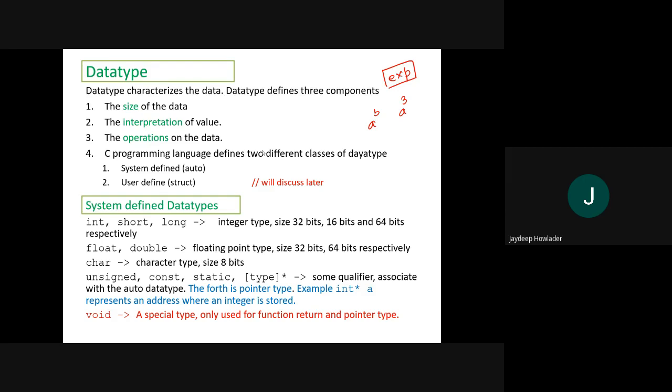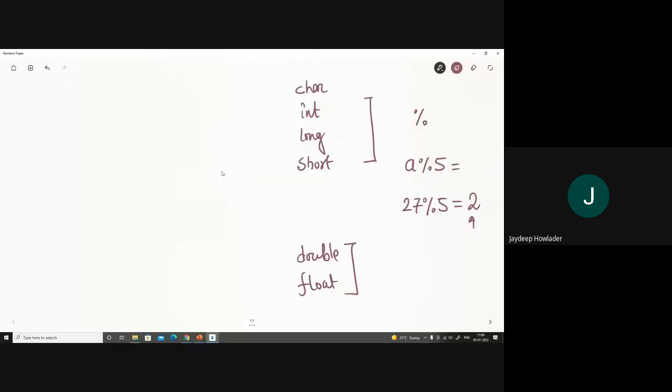Now, what data types are available in the C programming language? C defines system-defined data types, also called auto data types, such as integer and float. They are already defined in the C compiler, so we need not express the characteristics of this data. When we write int a, this statement declares that a is a variable and behaves like an integer.